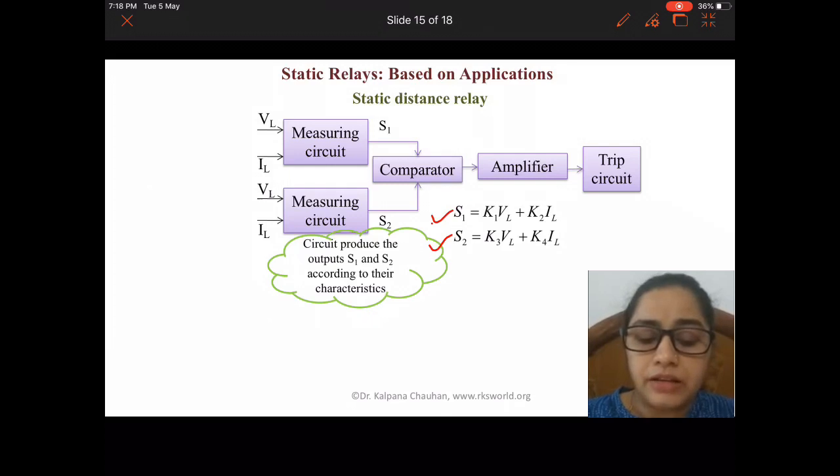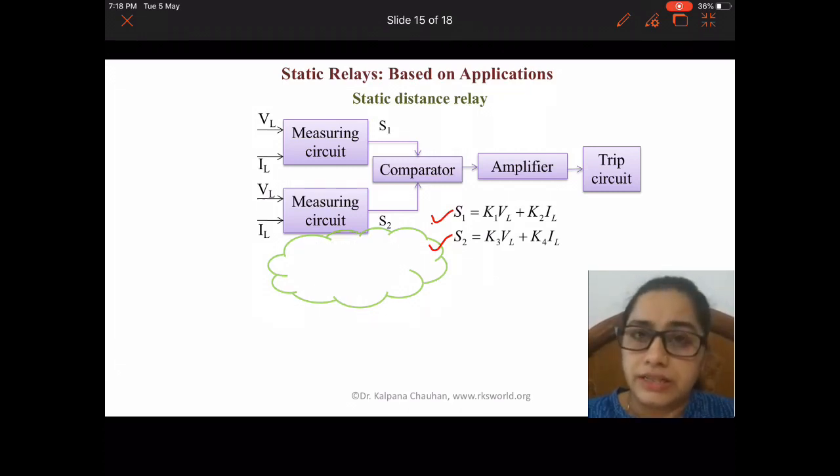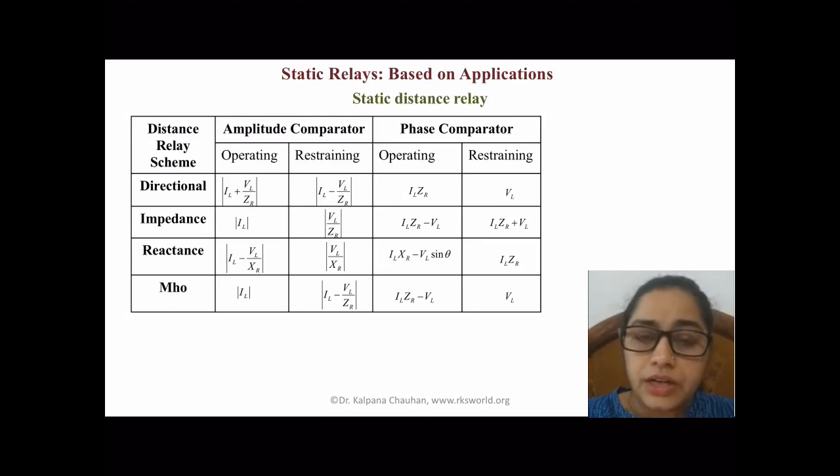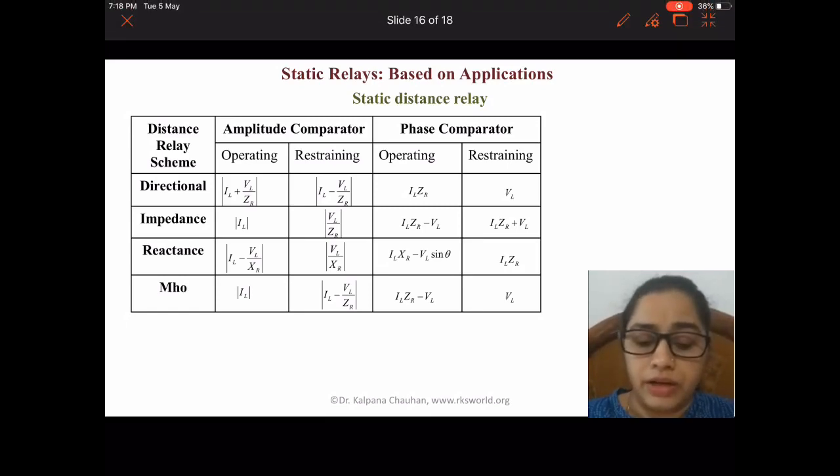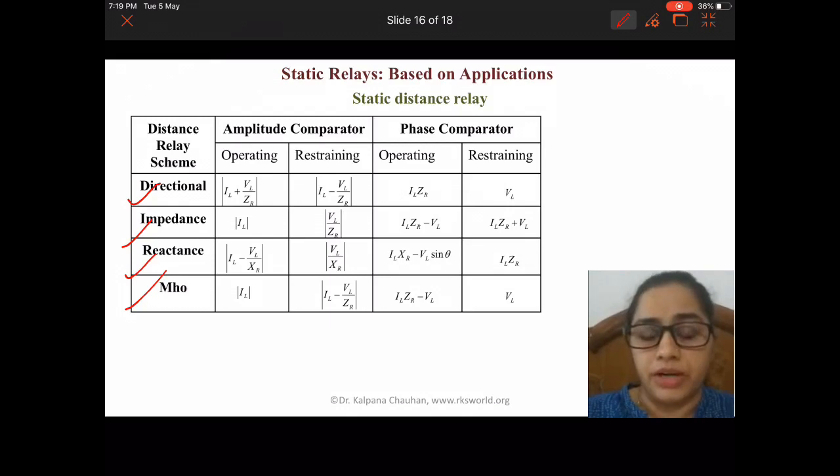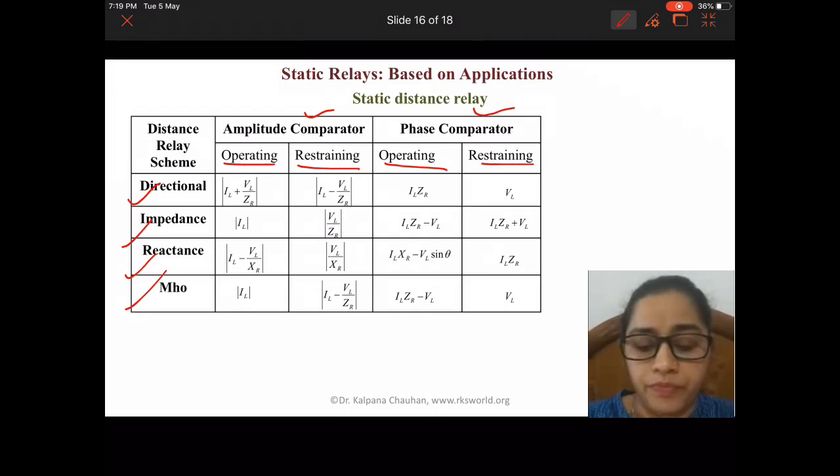Because the inputs going into the comparator depend on the characteristic of the distance relay, for the direction relay, impedance relay, reactance relay and Mho relay, the operating and restraining quantities are different. Here we have given a table with the different static distance relays, the amplitude comparator and phase comparator, and their operating quantity and restraining quantity. Based on this table we can draw their characteristics, as here for the